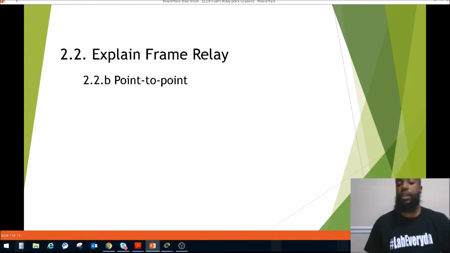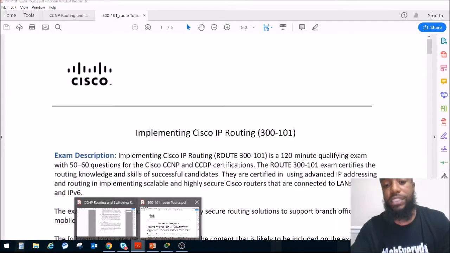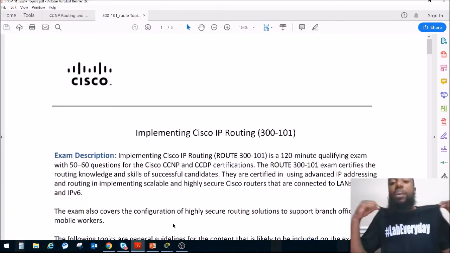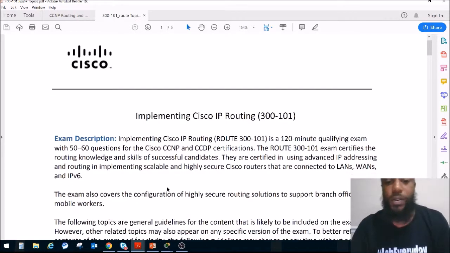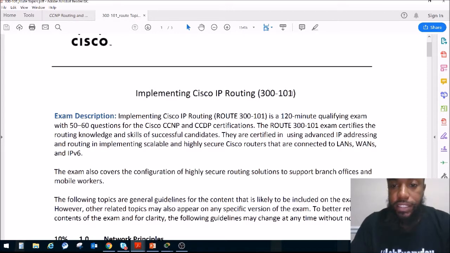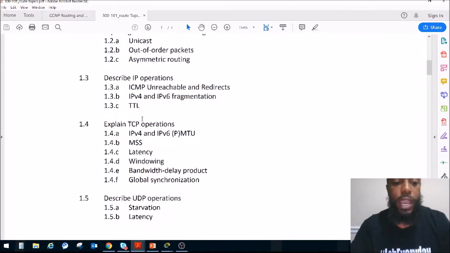All right, moving right along. Let's look at the exam blueprint and see where we came from and where we are going. That instrumental was Master Ace, The Grind, because we are on our grind and we are labbing every day. That's what we try to do, lab every day. All right, again, exam code 300-101, implementing Cisco IP routing. We just wrapped up